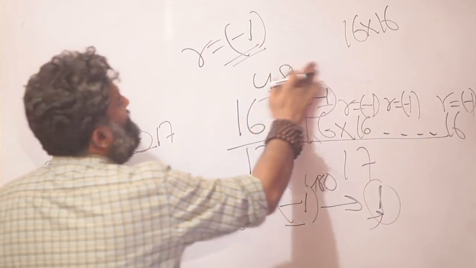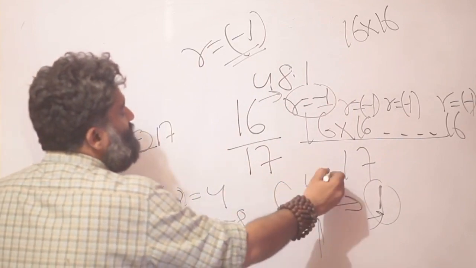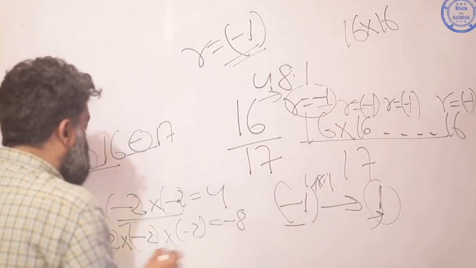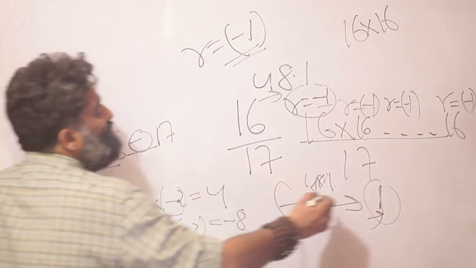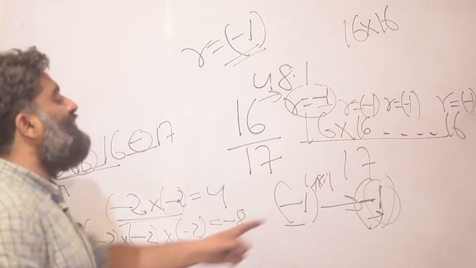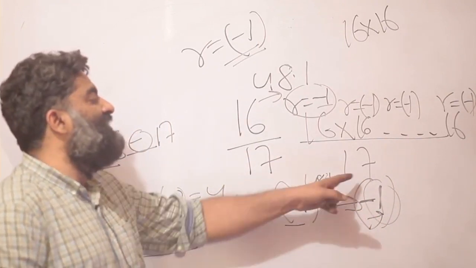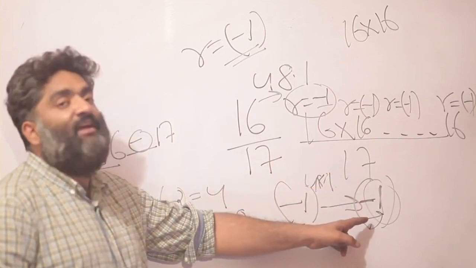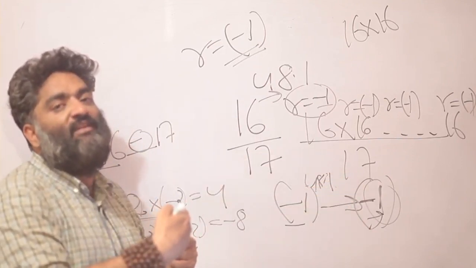The trick would be different if it was 481. That means this minus 1 raised to 481. That means an odd number of times the number is being multiplied. So the result would have been minus 1. Now you will have to once again interpret this minus 1 back in terms of remainders of 17. What does minus 1 mean? It is 1 short of a multiple of 17.